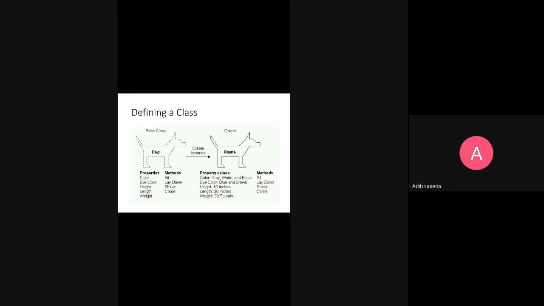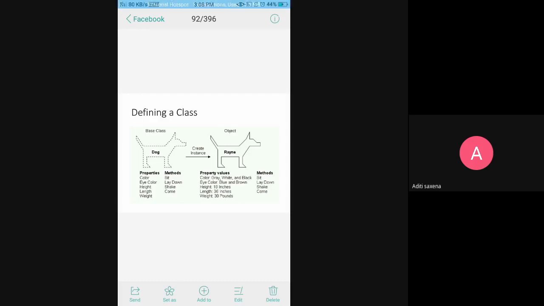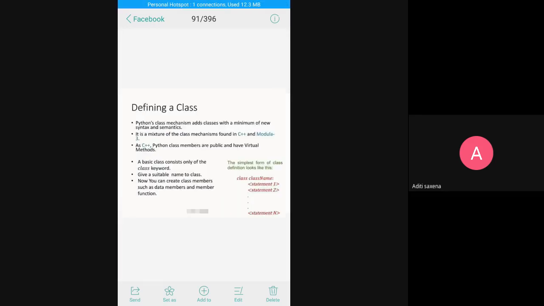We have created an instance of this dog class, Rhine, which is a breed of dog. Its properties are gray, white and black color, and blue and brown eye color. So this is a class and declaring its object.